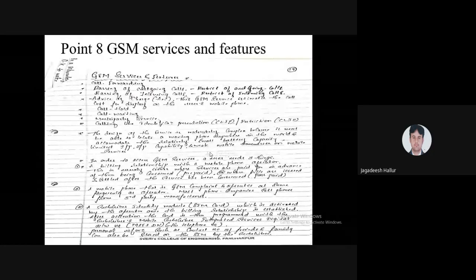In these GSM services, the main services it is providing are: call forwarding, that is forwarding the calls; restricting outgoing calls, if you want to restrict any outgoing call; barring of incoming calls, that is restricting incoming calls; advice of charge, whether prepaid or postpaid, taken care of by the services. If you want to hold the call, you can hold it. You get the notification of call waiting.